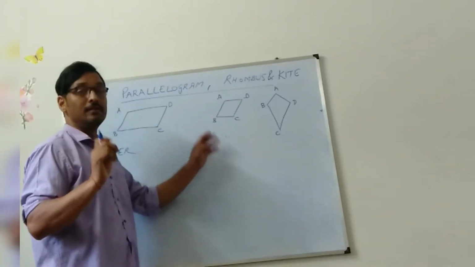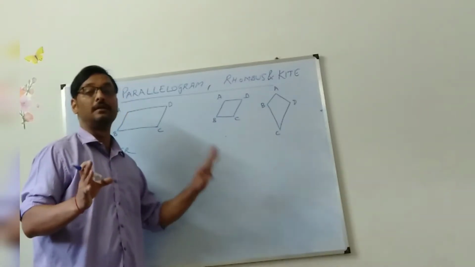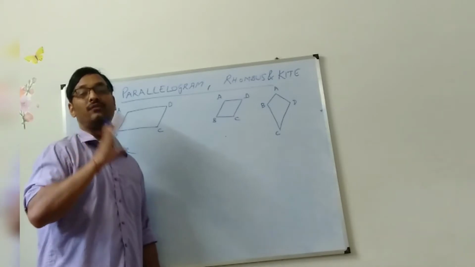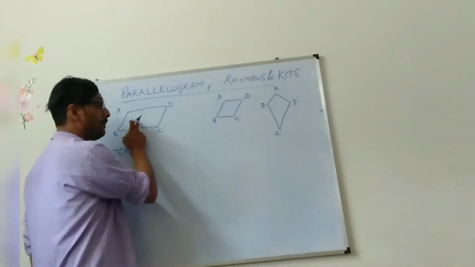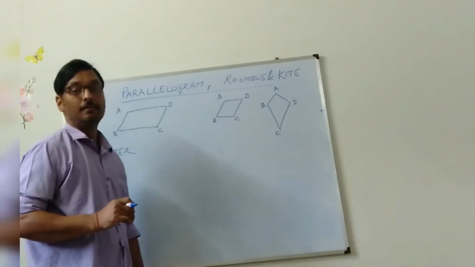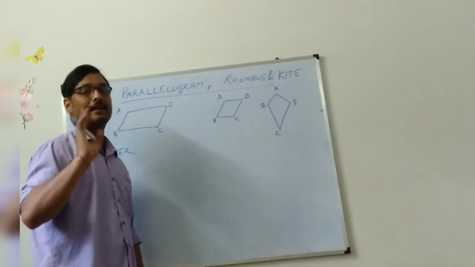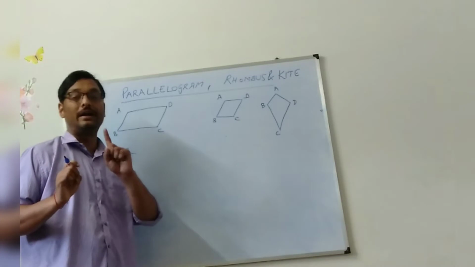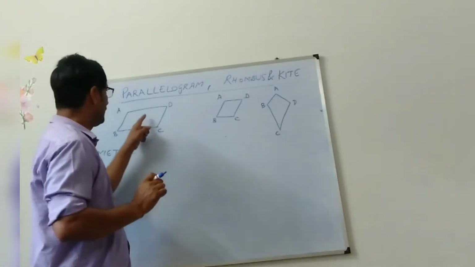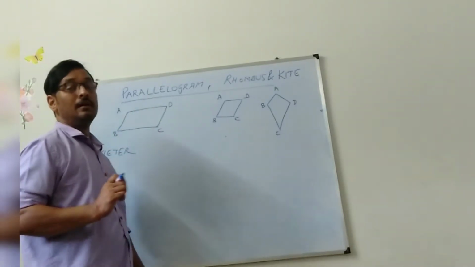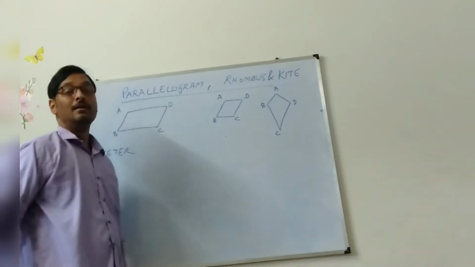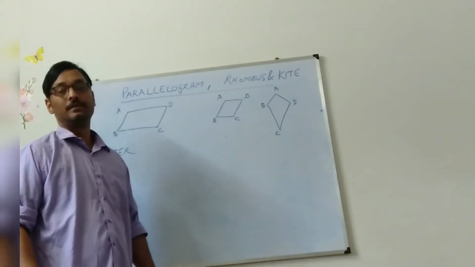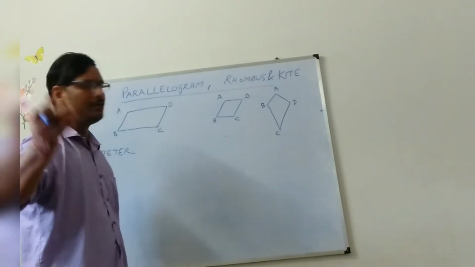Square and rhombus are both the same. They are brothers. What is the difference? The difference is in the angles. In a parallelogram, no angles are 90 degrees, and in a rectangle, all angles are 90 degrees. With the help of that angle, we find out the area. But in a parallelogram, as there is no 90 degree angle, there is a problem while finding the area. So I will make you understand that.